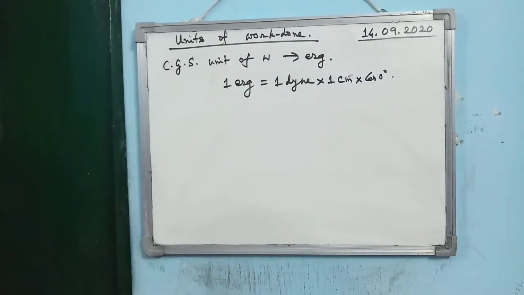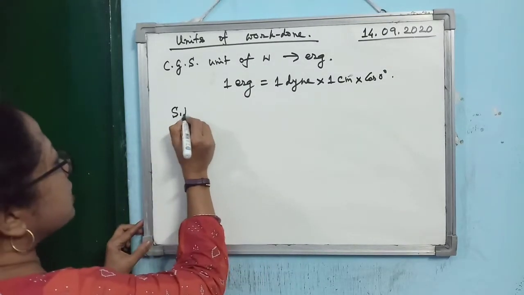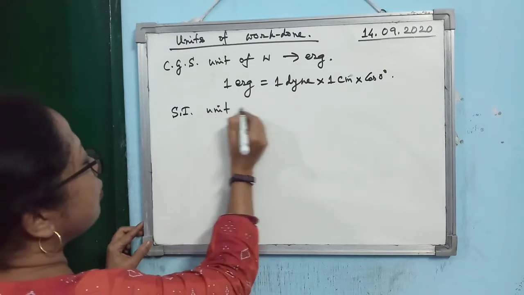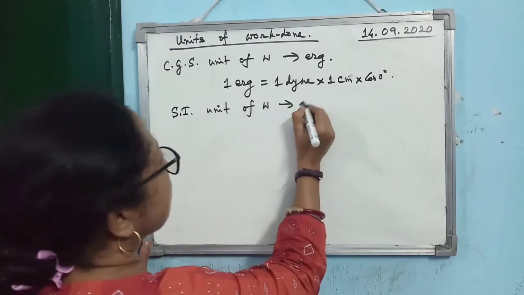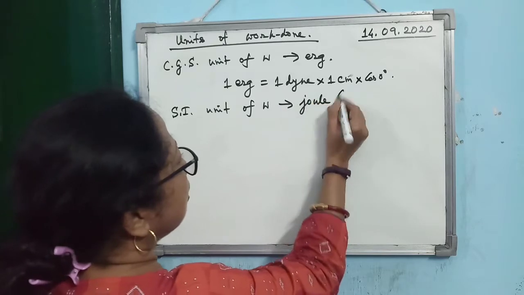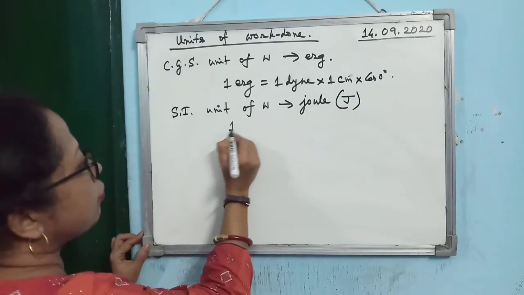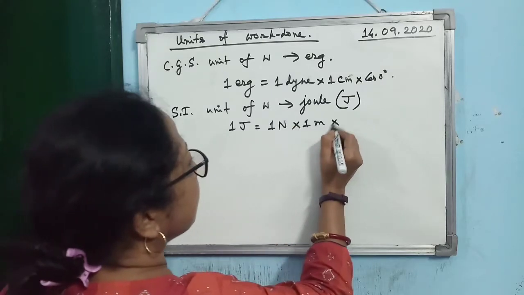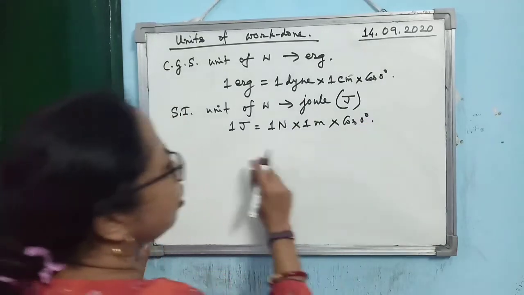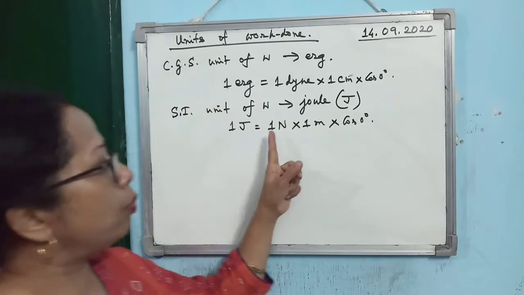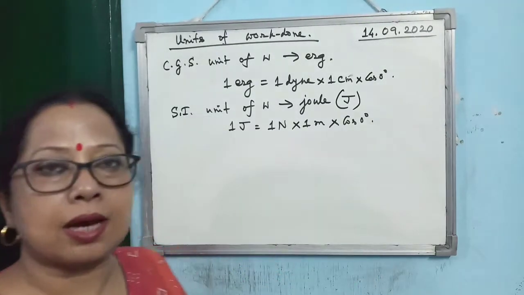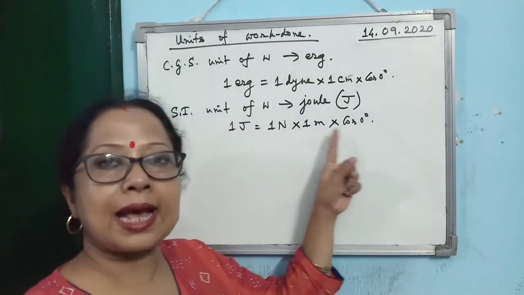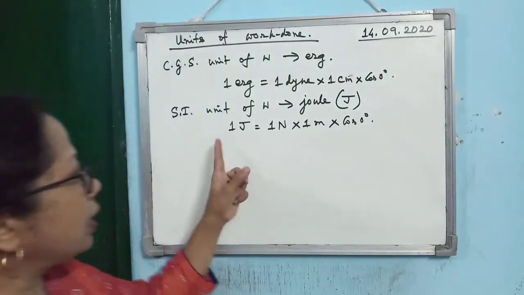then work done is equal to 1 erg. Then what is the SI unit of work done? Very important: the SI unit of work done is joule. So you can write 1 joule is equal to 1 Newton into 1 meter into cos 0 degree. So how can you define 1 joule? When 1 Newton force displaces a body by 1 meter along the direction of the force,